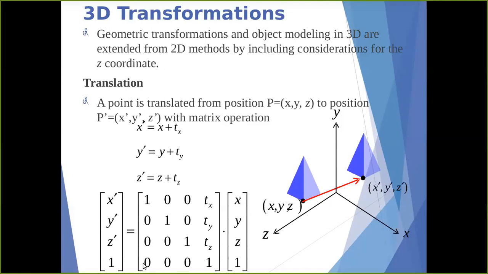Maybe tx will be here in the last row, ty will be in the second column last row, and tz will be here. So it's only the difference of writing, representing the matrix. So now you are taking x, 1 0 0 tx, 0 1 0 ty, 0 0 1 tz, and 0 0 0 1. So this last one is increased. This says that you are making this xyz homogeneous. You have currently what situation is this x. Right now, do you see this red or not?